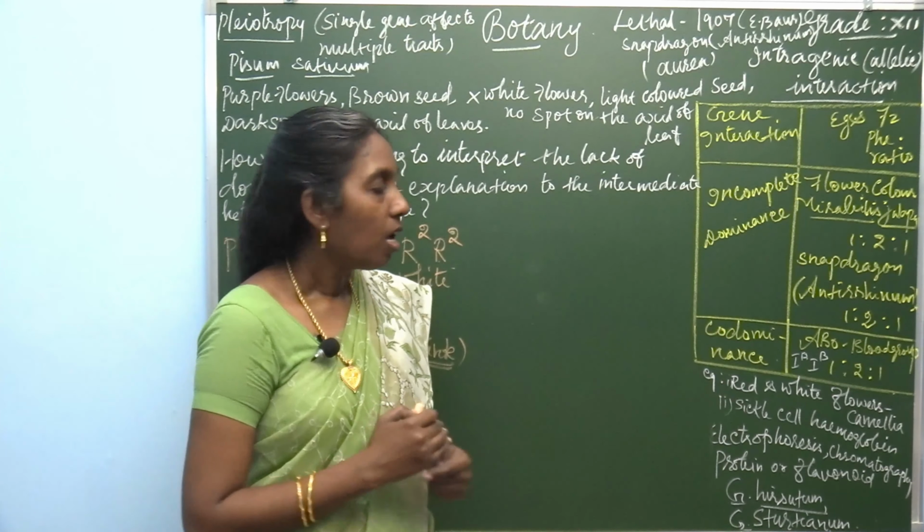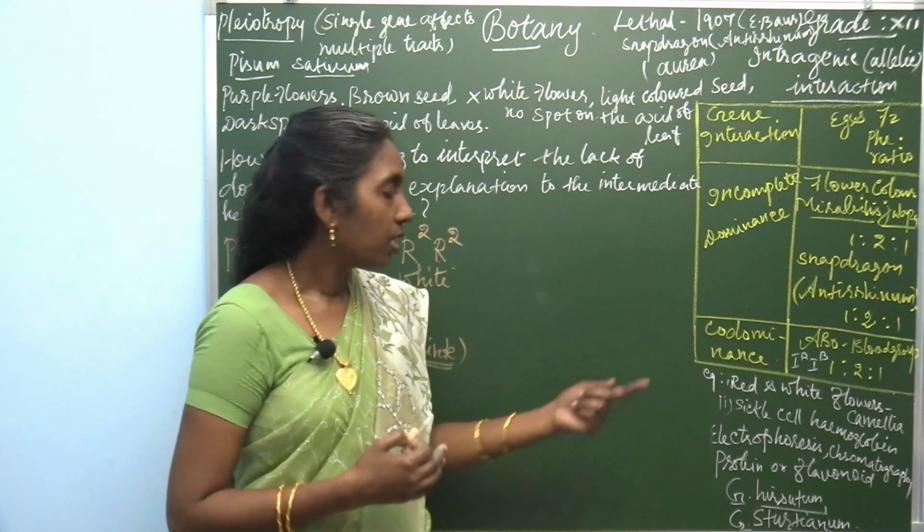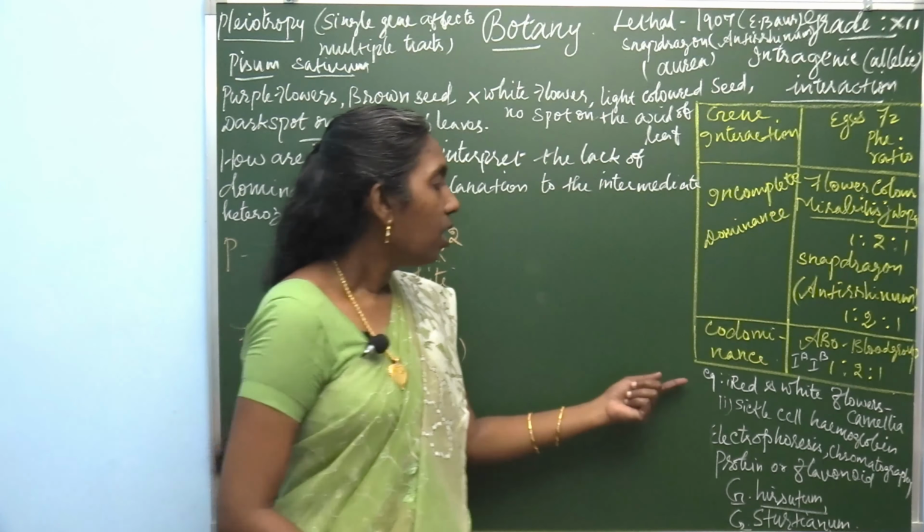In plants, how does it express? There are a few examples we can find of codominance in plants. Red and white color flowers, produced in camellia, is one of the examples. Camellia is one example, and sickle cell anemia, that is sickle cell hemoglobin, is another example. So here